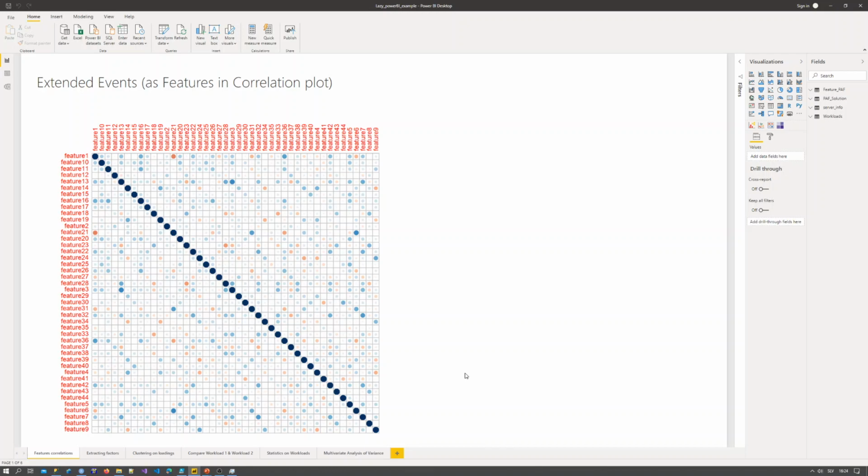So these are all the features, and this is the correlation plot, sort of like a heat map. The beautiful part about this is that you can easily see if there are any particular correlations between different extended events, presented here as features, across all the runs. And you can immediately see where there are higher or lower correlations between those extended events.